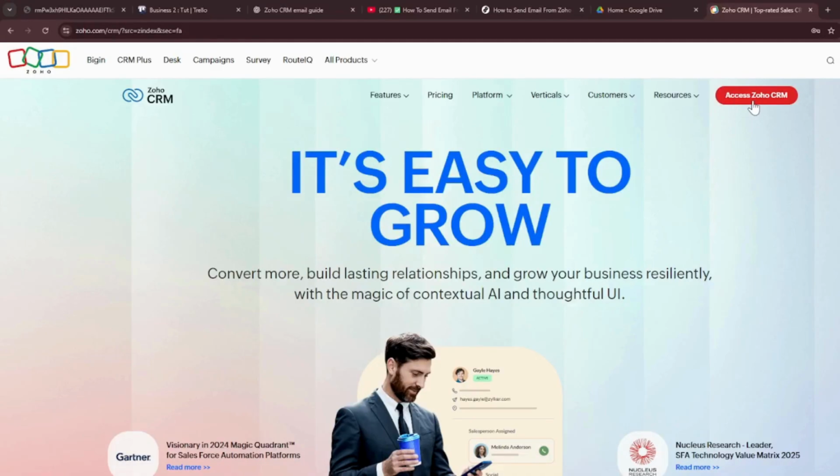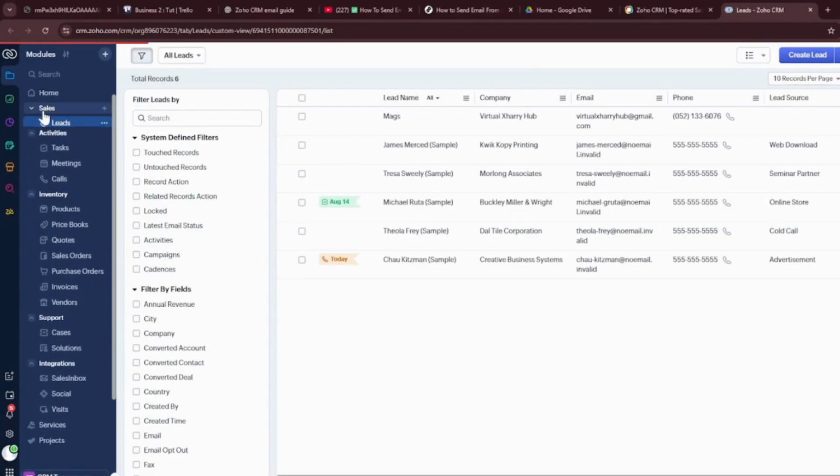First, you'll need to access Zoho CRM. This is where everything begins. Open your web browser and sign into your Zoho CRM account. Once you're logged in, you'll land on the dashboard. The dashboard offers you a wealth of information and tools, but for today, we are focusing specifically on interacting with